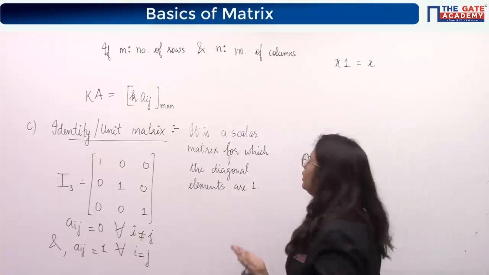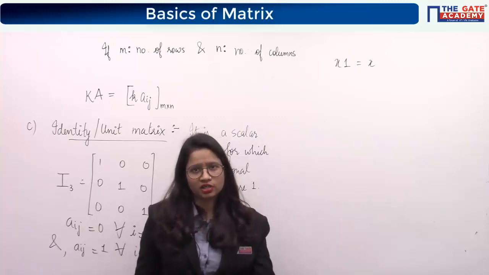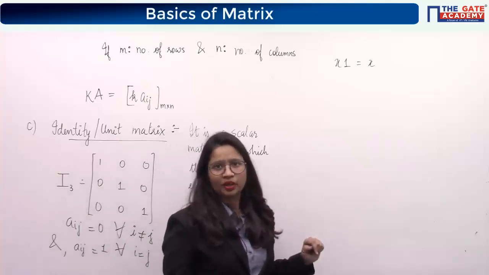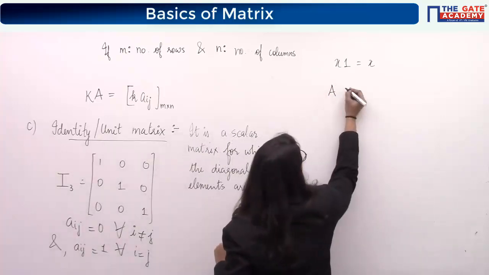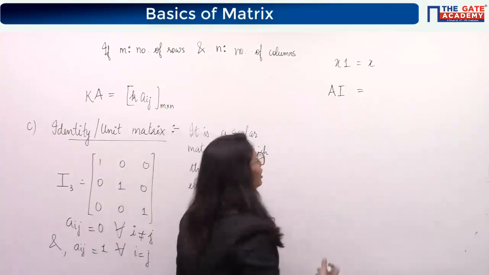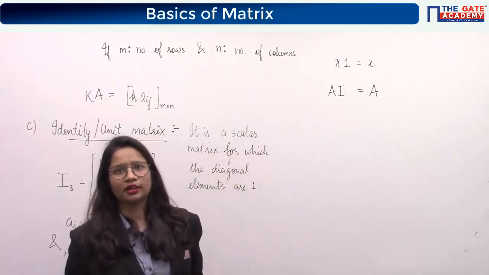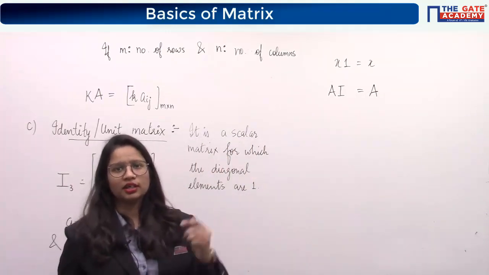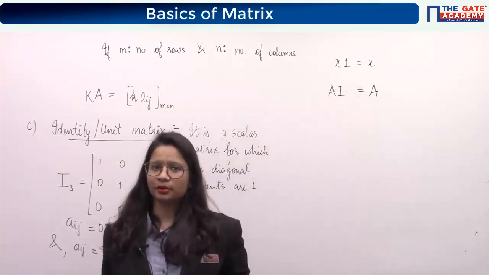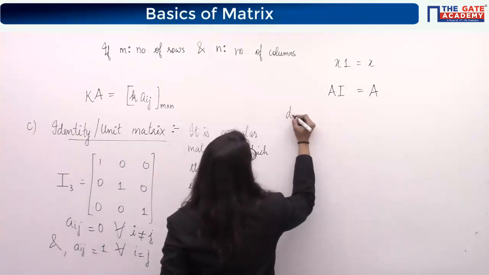Yes, definitely that is the right answer. Why is it known as the unit matrix? Because it has the same function as the number 1 in our number system. So what is the function? If you multiply some matrix A with I, the identity matrix, then the result will be the same matrix again. That is why it is known as the unit matrix. Again, why? Because its function is the same as the function of the number 1 in your number system. No rocket science, just basic knowledge that we have applied.